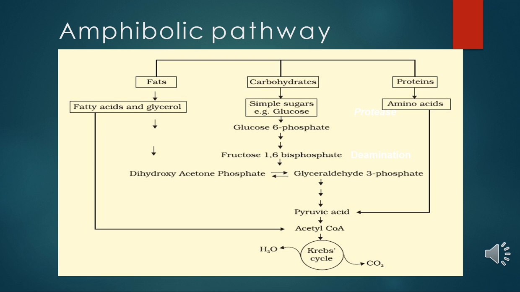But is this understanding correct? No. We all know that in the respiratory pathway some substances are getting synthesized, meaning anabolism and catabolism are going on side by side. Hence, fatty acids would be broken down to acetyl coenzyme A before entering the respiratory pathway when used as substrate. But when the organism needs to synthesize fatty acids, acetyl coenzyme A would be withdrawn from the respiratory pathway, and now it is an anabolic process. So we call this an amphibolic pathway, because it is neither purely catabolic nor purely anabolic, but both processes are going on simultaneously.